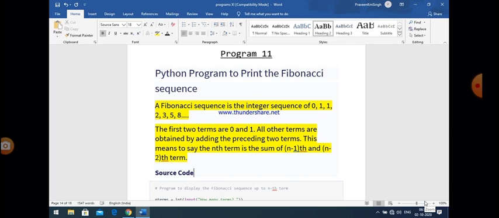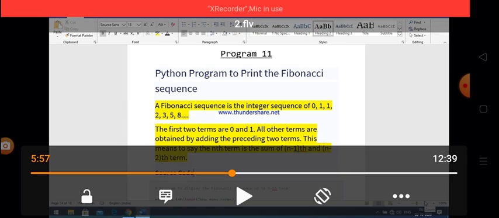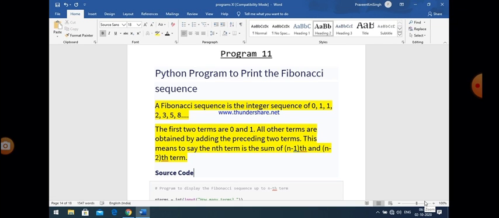So 2 will be there at the fourth position. After that, we can see that 3 is there. The previous two terms are 1 and 2. When we add 1 and 2, we get 3. Similarly, the next term is 5, which is the sum of 2 plus 3. The next term is 8, which is the sum of 3 plus 5. So basically, in the Fibonacci series, a term is the sum of its previous two terms.